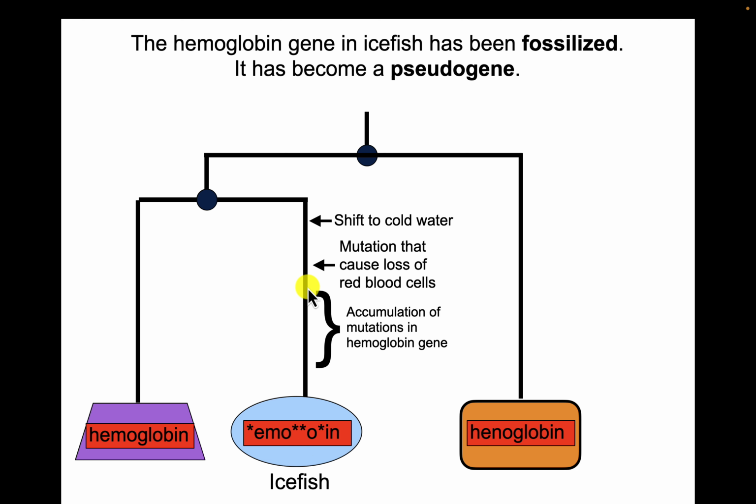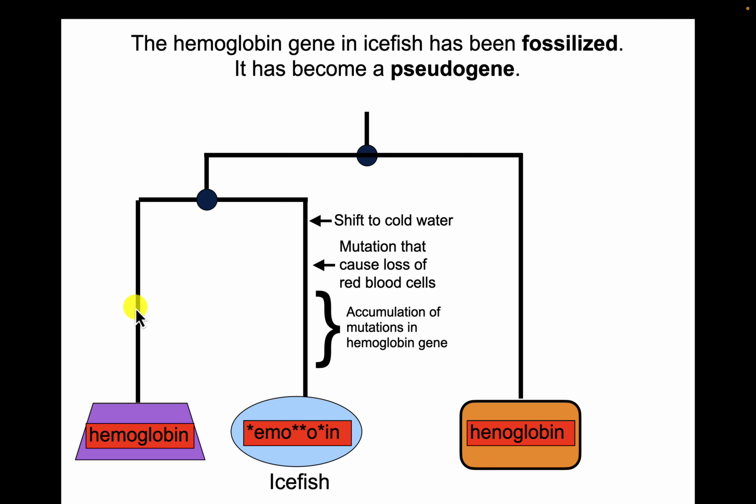Now, all of these mutations that are occurring, this is really, really important to know. All of the mutations that are occurring in that hemoglobin gene in this time period here, there are mutations just like that occurring here, right? Mutations are random. They're just constantly happening. They're happening all over within the genome. There's no conscious thought as to where they're occurring. They just are. So mutations, even in the population leading to this extant species here, plenty of mutations occurring to hemoglobin, but